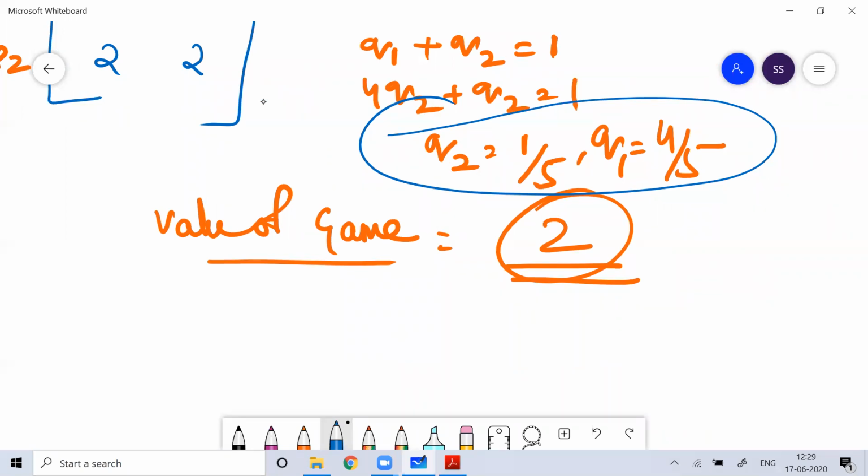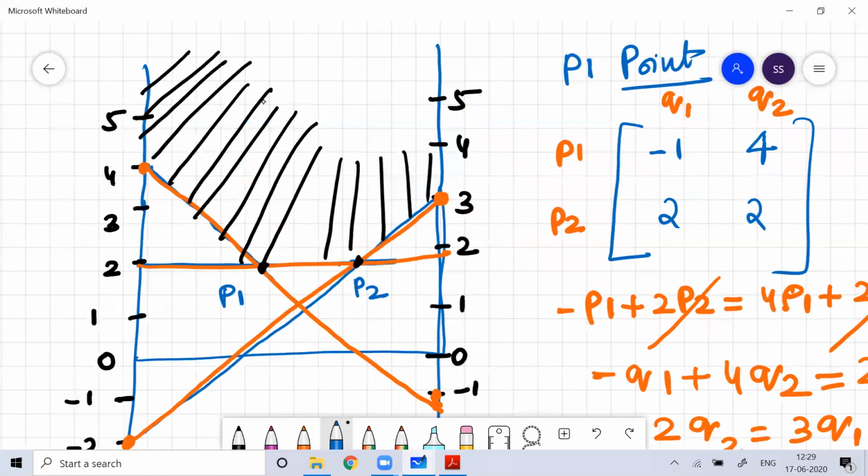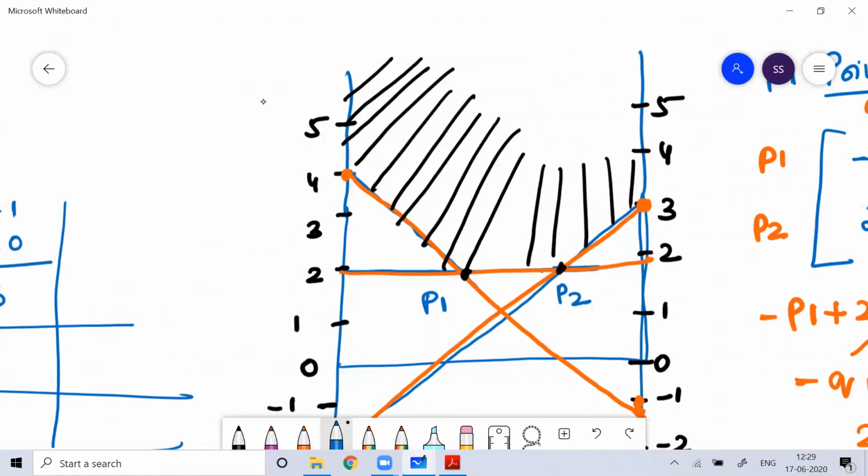So this is the way to solve these kinds of problems. We just took one problem today. Whenever you're solving a problem using game theory, if it is not a 2 by 2 matrix, or 2 into n matrix, or m into 2 matrix, and it is an m into n matrix where m and n are more than 2, then the only possibility to solve the problem is to apply the dominance rule.